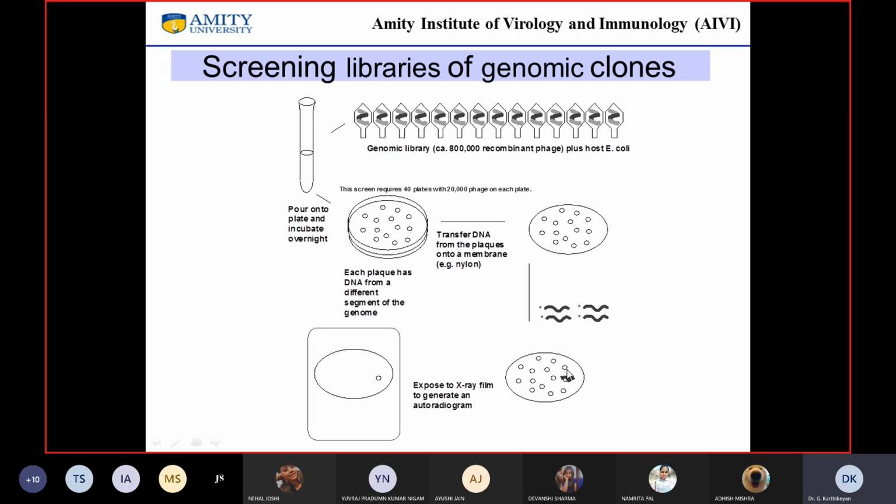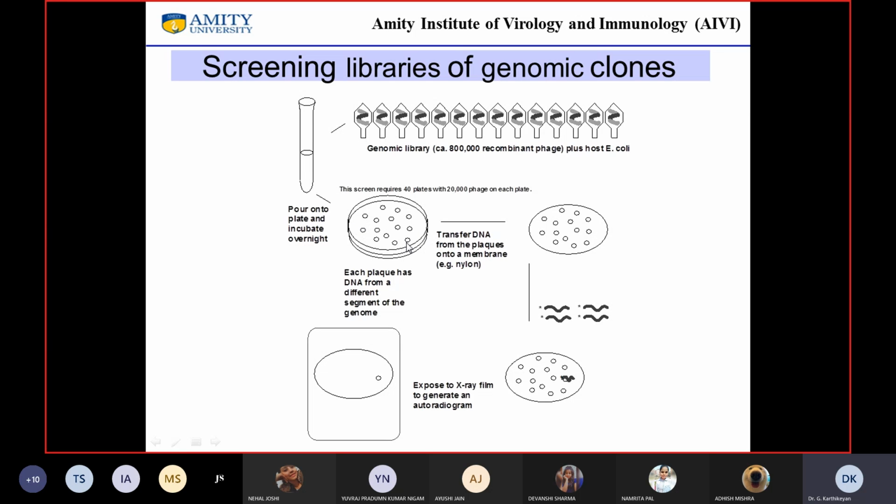Then you can use a radioactive probe, or you can use an antibody. There are different ways by which you can screen, and then you can expose it to X-ray film, and that X-ray film will show you where your clone of interest is located. Then you can purify this clone. You can come back to this plate because you have put some orientation markers.